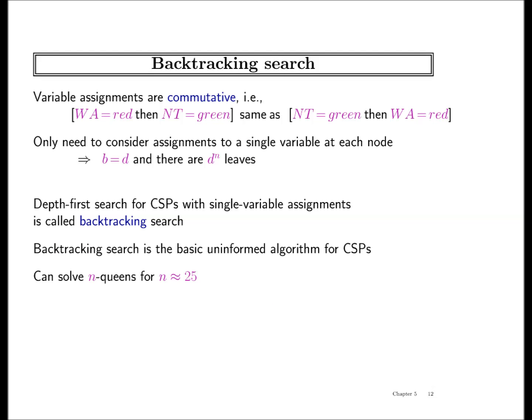And therefore, what happens is that your branching factor becomes just D as opposed to n minus L times D. And so the number of leaves becomes D to the power n, which is how it should be, because that is all possible assignments in your search tree. So anyway, if you didn't get the point of the slide, it's even better because you're not able to understand what mistake the slide was making, which is good.